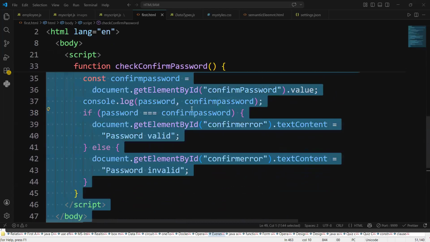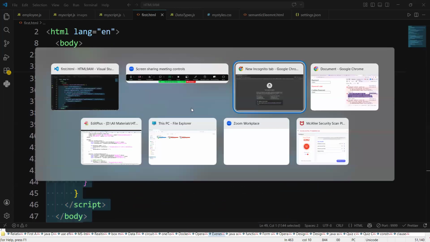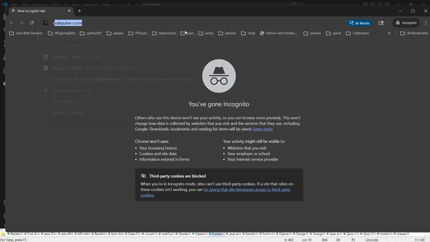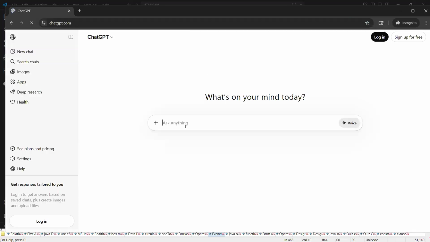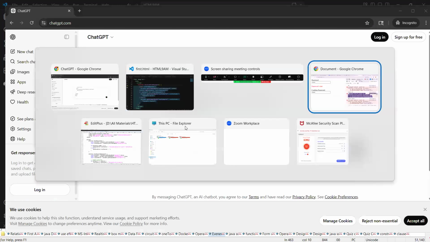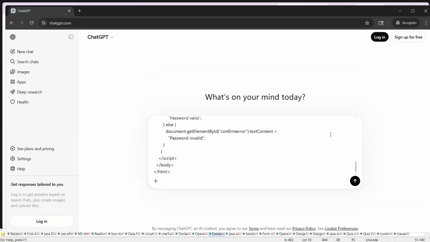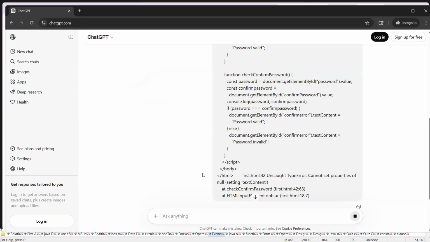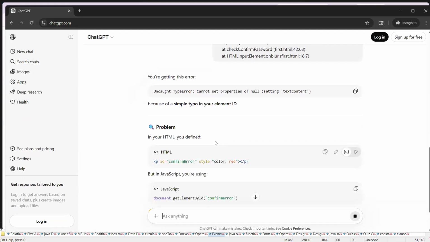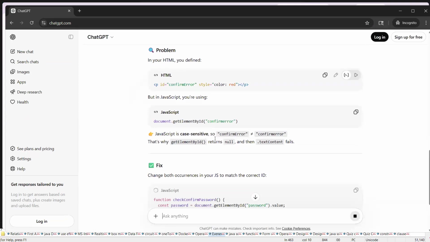Password, confirm password. Fine. Don't think too much. Ask what? ChatGPT, fine. Just he can give the code and just give the error message to him. Then he will give the solution. That's why we need to check the data. Uncaught error, ID confirm error, HTML define ID confirm error,